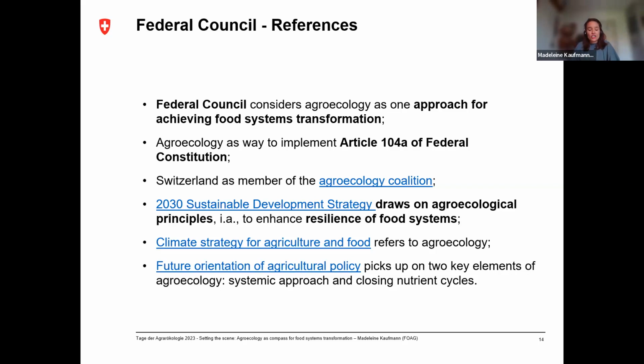Then looking at the national level, one example is that last month, the Federal Offices on Environment, Agriculture and Food Safety and Veterinary Services published a new climate strategy for agriculture and food, about which opinions differ. Some think it has too little flesh on its bones, others think it goes way too far. Fact is that the strategy takes into account the agroecological approach and aims to consider, for example, import facilitation based